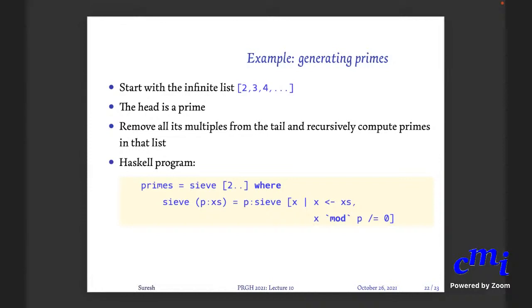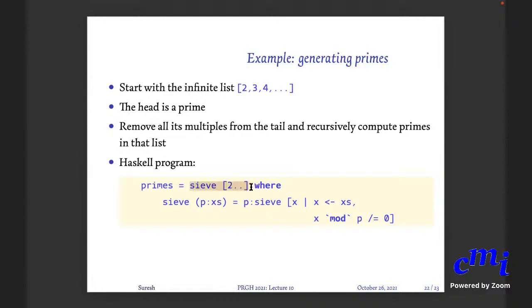Then you will be left with one list. This list will be 3, 5, 7, 9, etc. What do you do with this list? 3 is a prime. Eliminate everything that is a multiple of 3. You see that this whole process is infinite. First you set aside 2 and eliminate every multiple of 2. Then in the resulting list you take out the head and eliminate all multiples of 3. It looks like some huge infinite process which you can't even hope to finish. But at least the definition is simple, right?